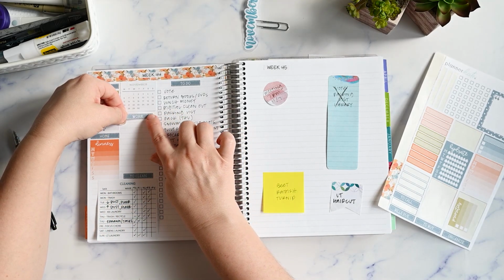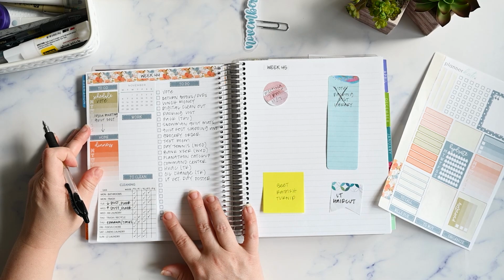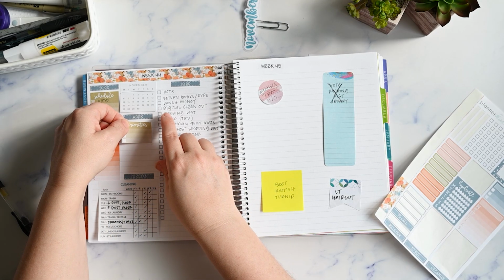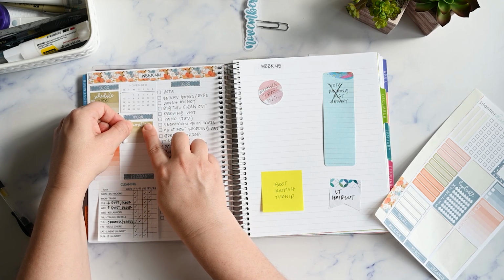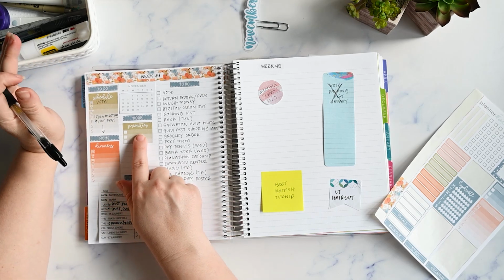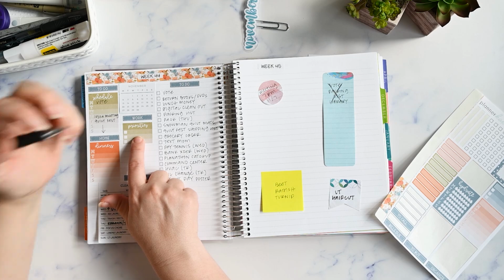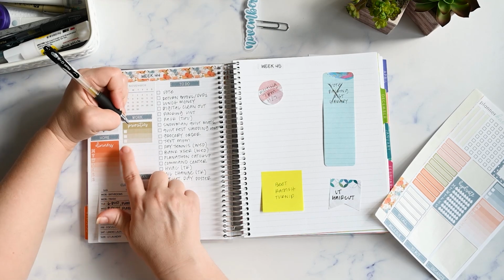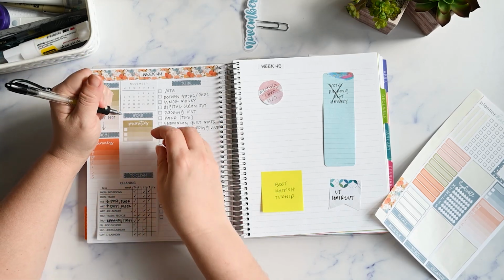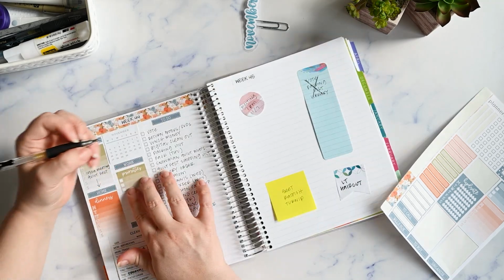We'll just designate this little empty spot here to be work, and I need to, oh, here, I can use that priorities thing for that. Because my priorities for the week are getting ahead on content. I'll just say week 45. I'll just say film, edit, upload for the 3 priorities, because those are really the priorities. There's other little things that I can maybe write here if I need to. I don't really need them on this, but I want it there so that when I'm looking at my list, I know that there's other things I need to do. I'll just write film,